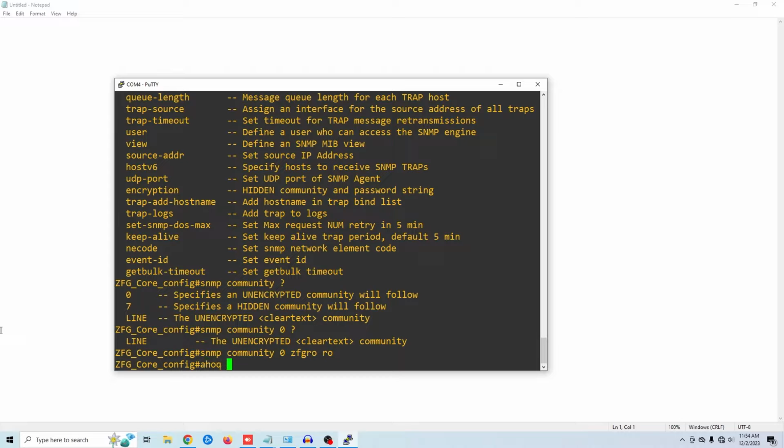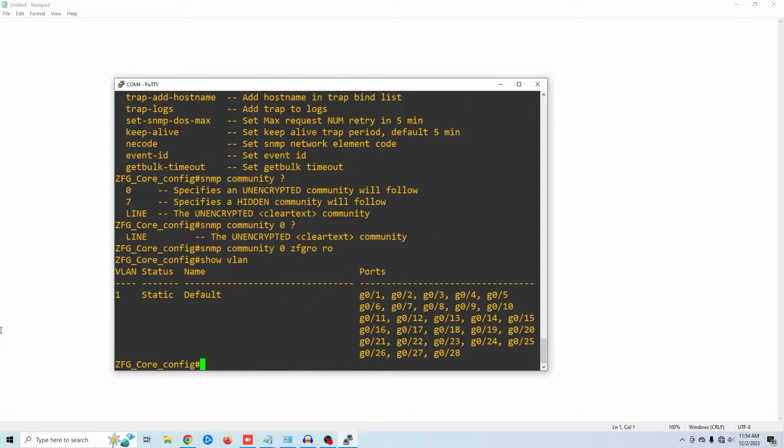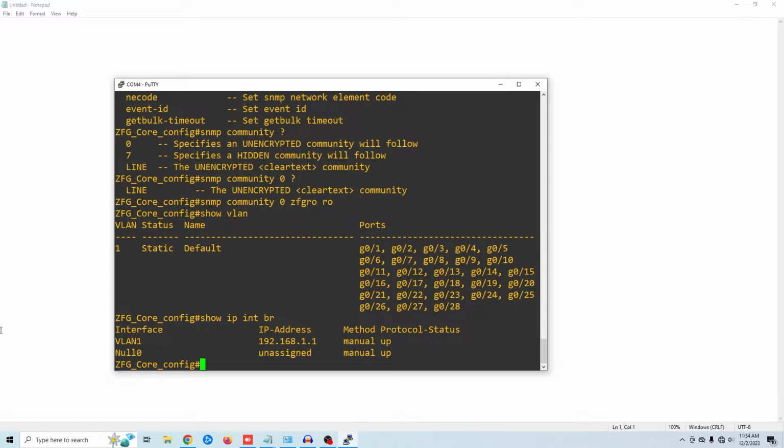So if we do show VLAN, we can see we have one VLAN, which is VLAN 1 with a name of default, and that is assigned to all of our ports. If we do a show IP int brief, then we can actually see that we have an IP address assigned to it of